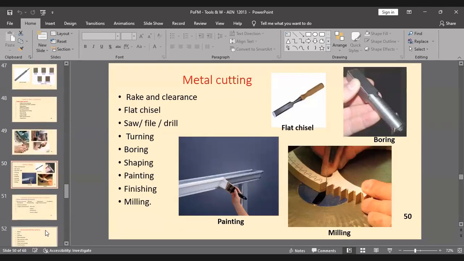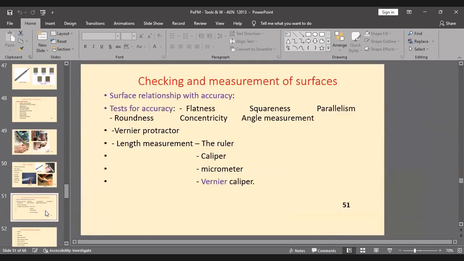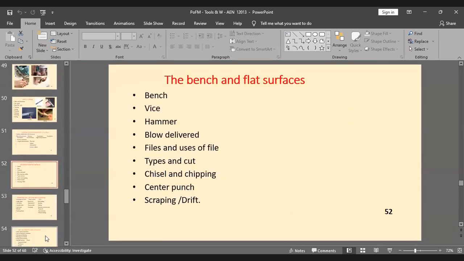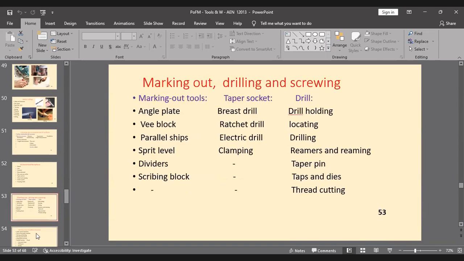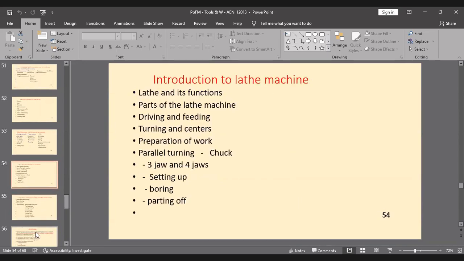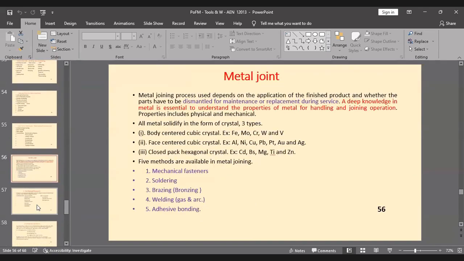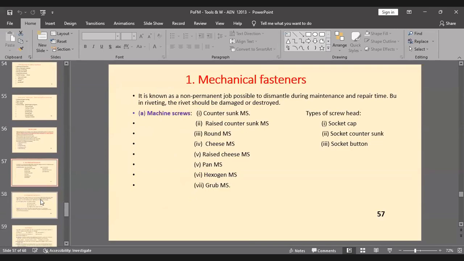metal cutting. This is known as machining. Oh, milling. Okay. Then checking and measurements. Then the bench and flat surfaces. How to do this one. And 52, 53, marking out. 54, introduction, lathe machine. Lathe operation, that also comes under your syllabus. Chuck work and everything. Metal joints, we have to think about the mechanical fasteners,